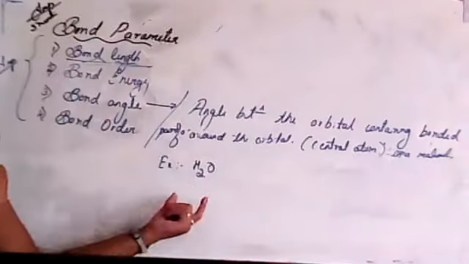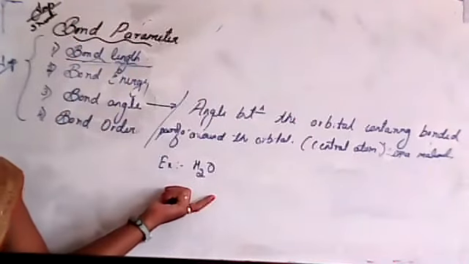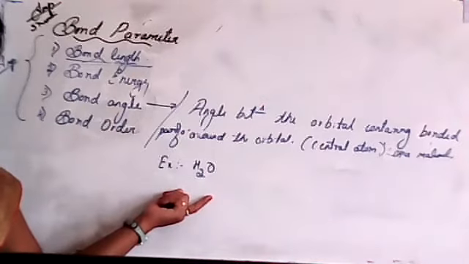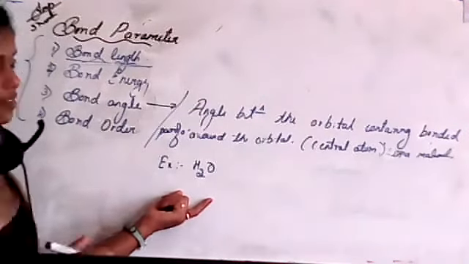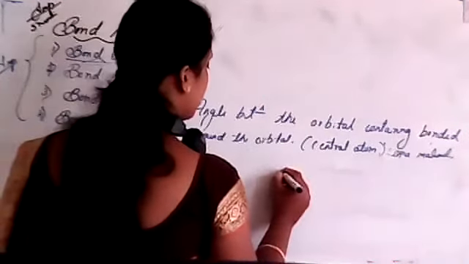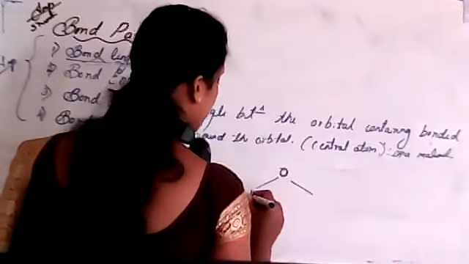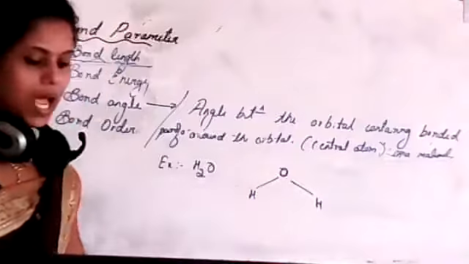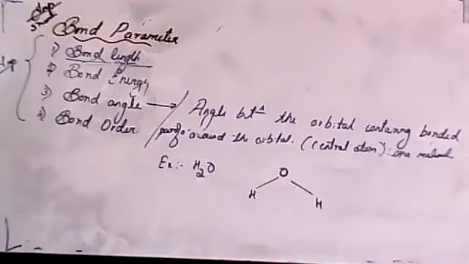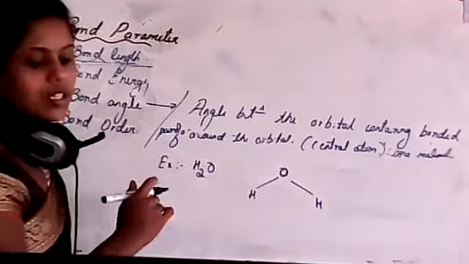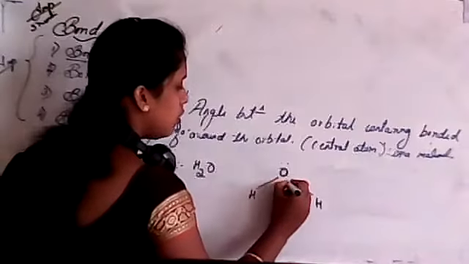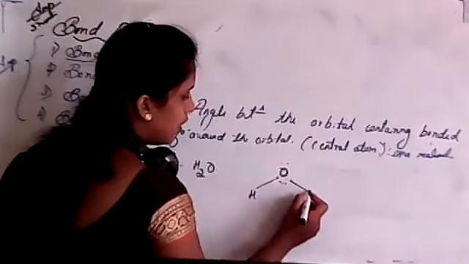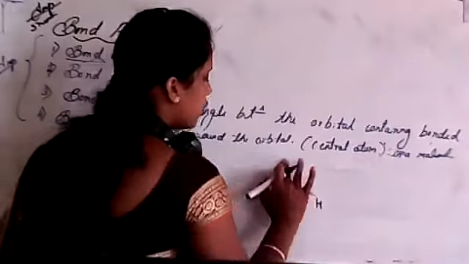Which one is the central atom here? Yeah, here we have to consider oxygen as the central atom. Again, we'll study this in VSEPR. So this one is oxygen, hydrogen, and we know the dot structure. It is not required here. I just write 2, 3, 4, 5, 6 are from oxygen and 1 is from hydrogen.